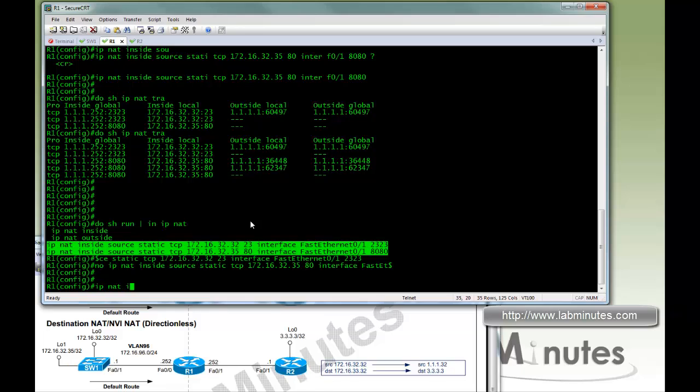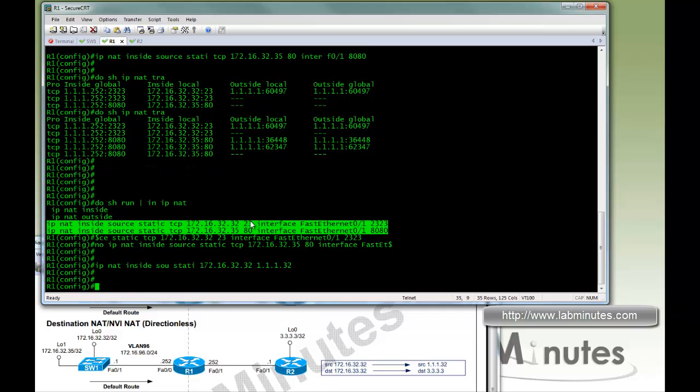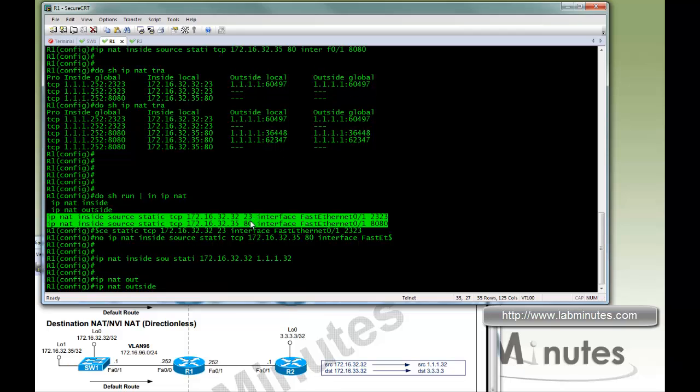Okay, now we're going to do IP NAT. So first, start off with NATing the source IP, source static. Still going to be using switch 1 loopback 0, and we're going to NAT it to 111.32. In addition, we're going to do an outside